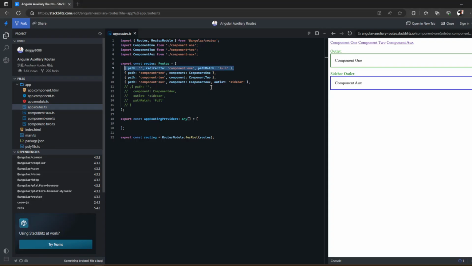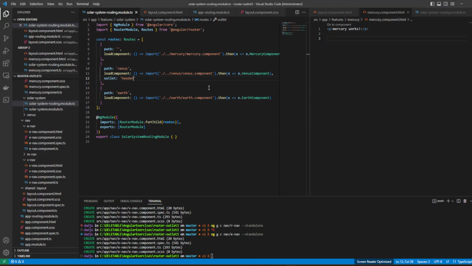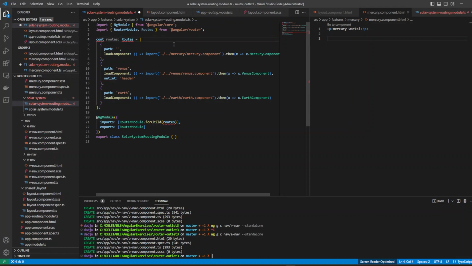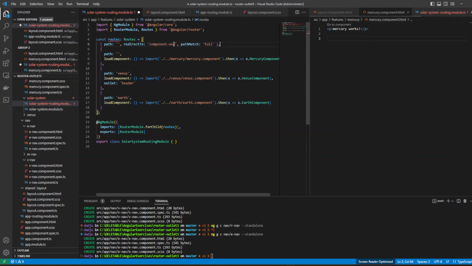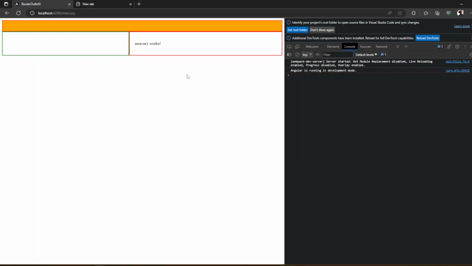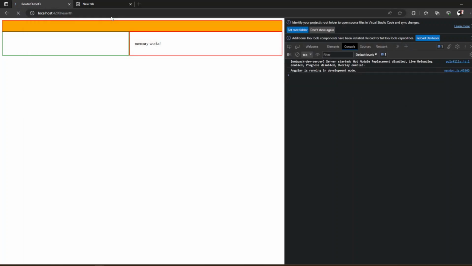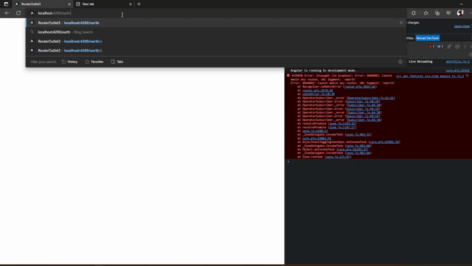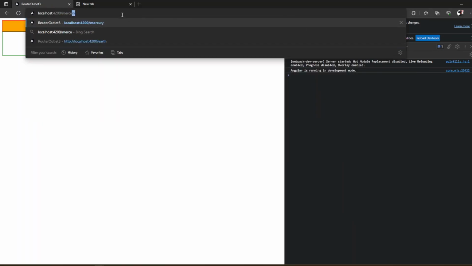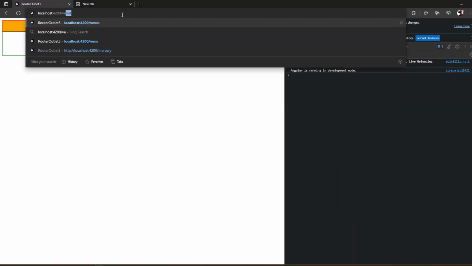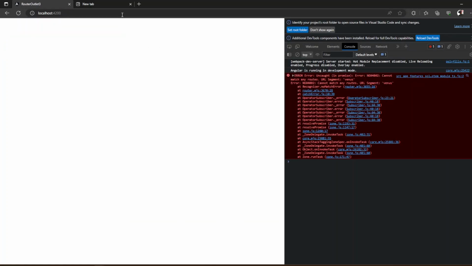Let's just, Mercury, because we don't have Mercury. Okay, Mercury, put Mercury here, right? Earth, no Earth, Mercury. But if we go to Venus, it will go to the